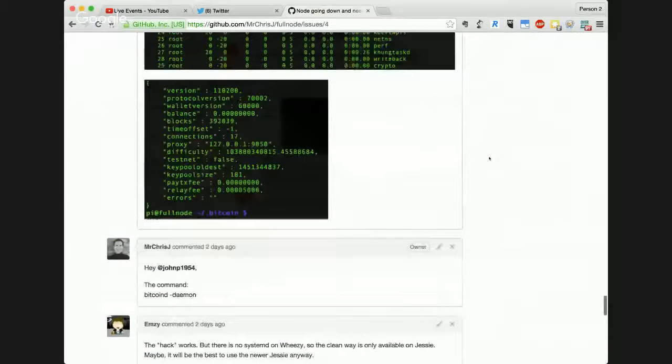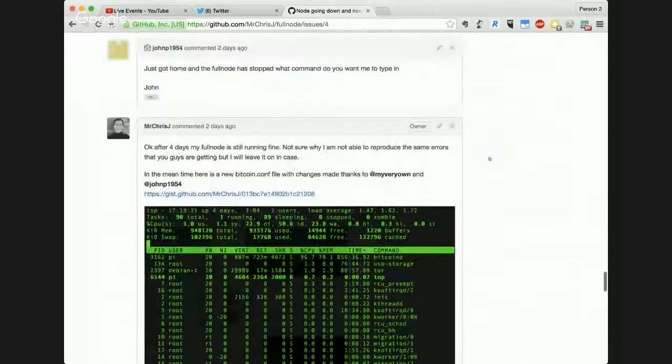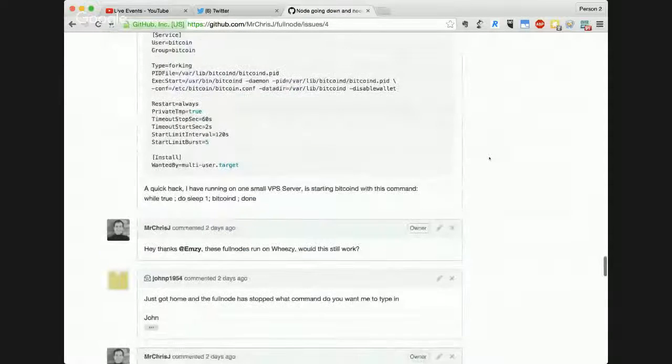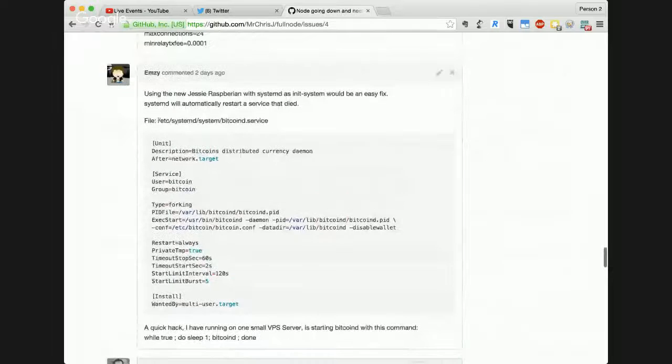My full node has been running in the other room now for 6 days. The memory hasn't been taking up as much as it has been on other people's computers. However, thanks to MZ here, who I've also been speaking with privately, we may have a solution. It's a fairly straightforward one. We can basically write a bash script and put it in the binary folder, which detects when Bitcoin D stops running, and if it detects it's not running, then it simply reboots Bitcoin D,